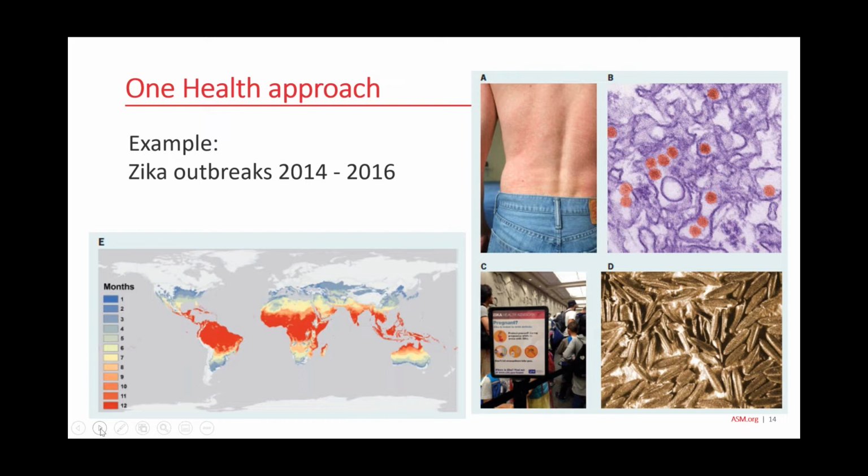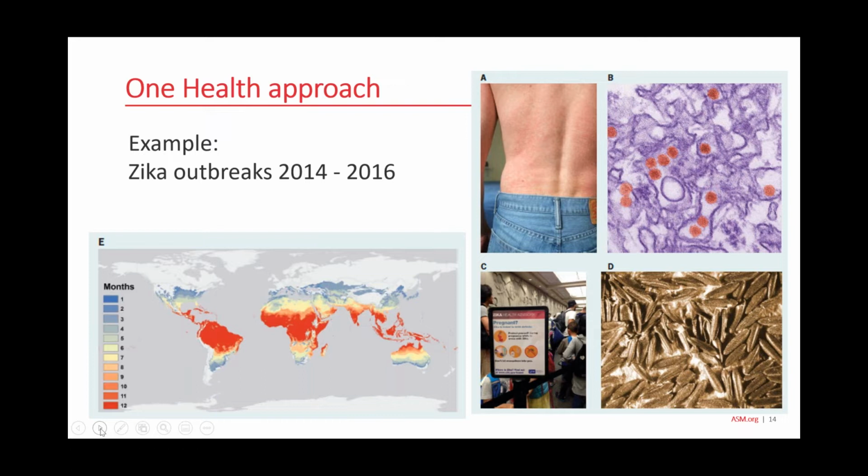You don't need to look any further than the dozens of disease outbreaks over the past few decades, and you'll see that the majority are zoonotic infections. Like this slide is showing Zika, and the outbreaks that occurred over a couple of years, the heat map showing where these occurred, as well as some of the symptoms, what the virus looks like, and some of the impacts it has had on society. We don't have to talk too much about other diseases like SARS-1 or SARS-2, for example, but their emergence is clearly linked to human activity. And of course, it's not just emerging diseases. The spread of antimicrobial resistance is a huge issue impacting many sectors of our society.